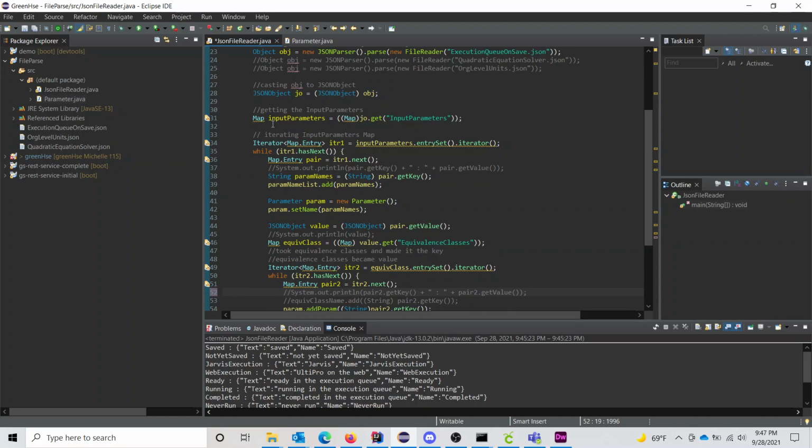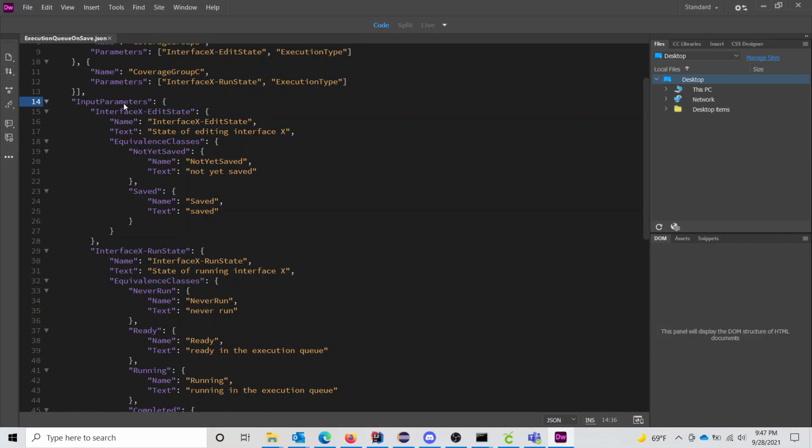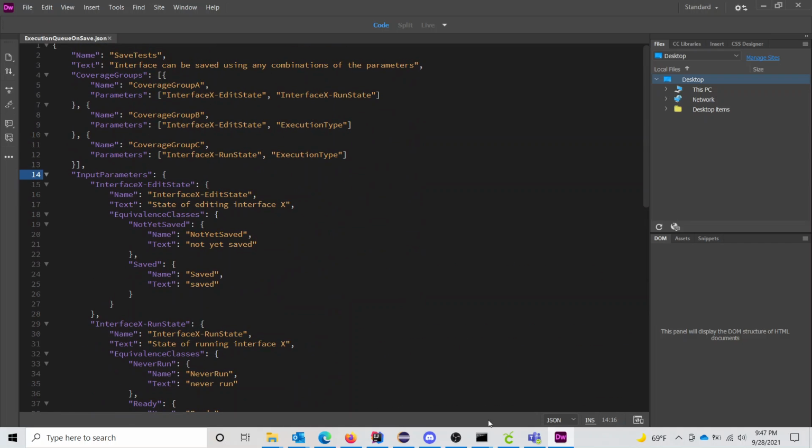Then we create a map named input parameters, and we realized that our JSON files have the same keywords in them. So in this case, we were trying to get the input parameters and create a map using them. So we use the keyword input parameters. I'm just going to go into one of our JSON files so you can see what I'm talking about. As you can see here, you see input parameters, and yeah, so that's how we